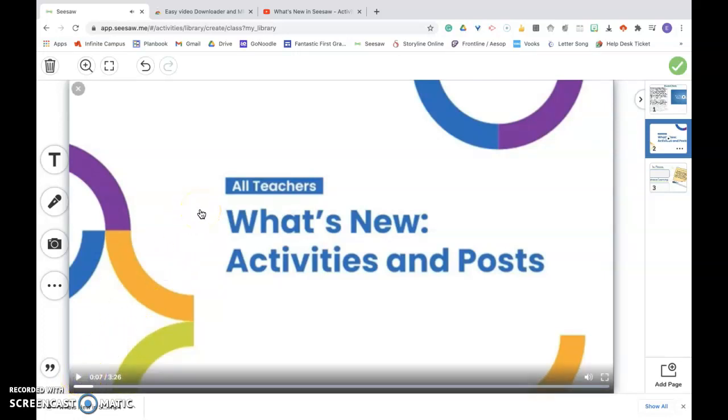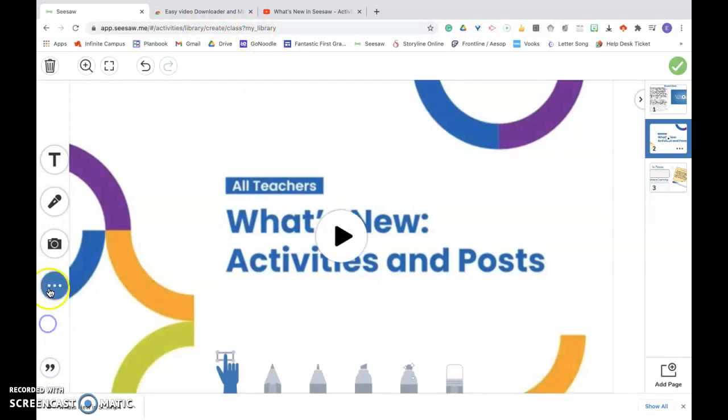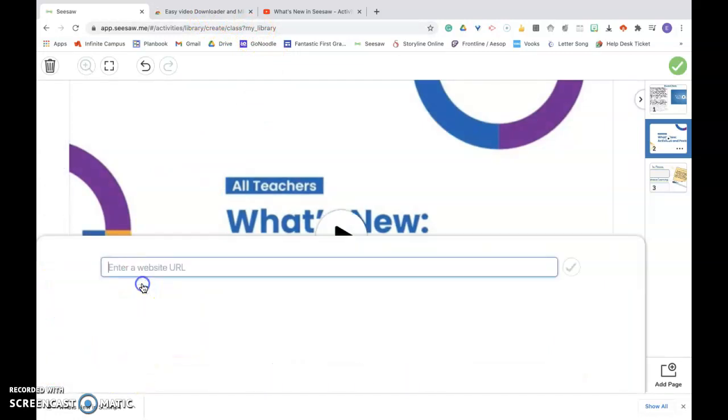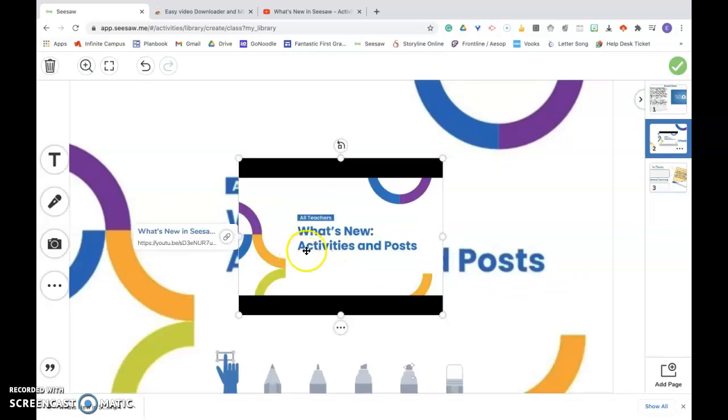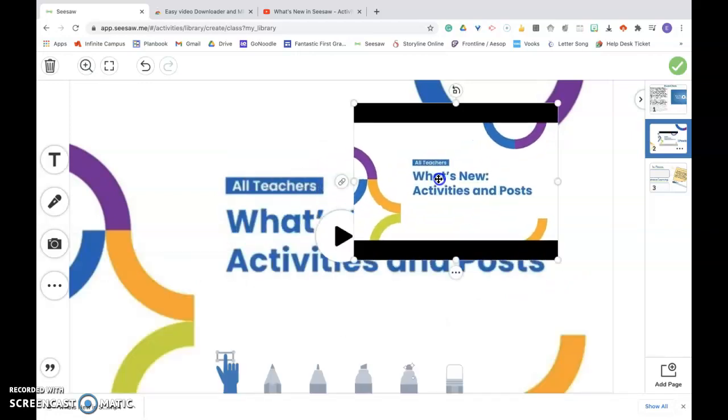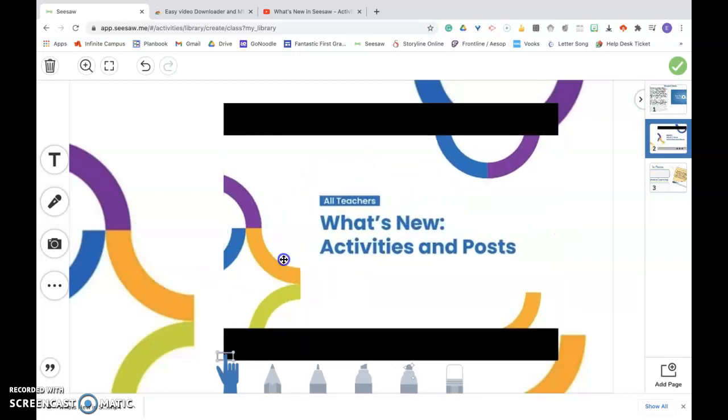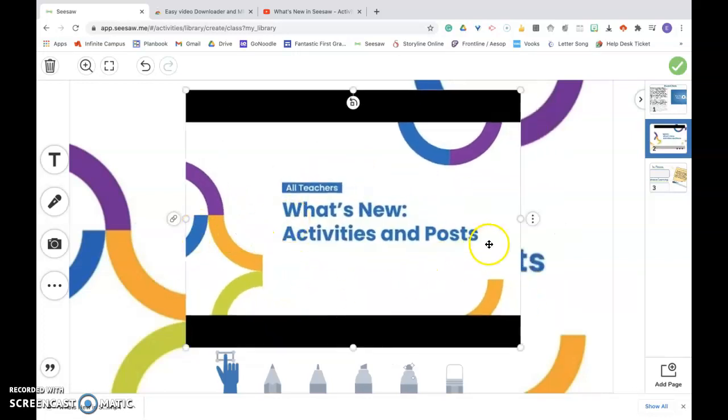And it's that easy, so my students will be able to watch the video within their activity. So simple. I also want to show you, just in case you do want to share the video as an external link, then what we would do is go to our three dots, click link, and right here we would paste our link to our video, click check, and it would show up like this. So again, you can resize, change it however you want, lock it in place if you want,